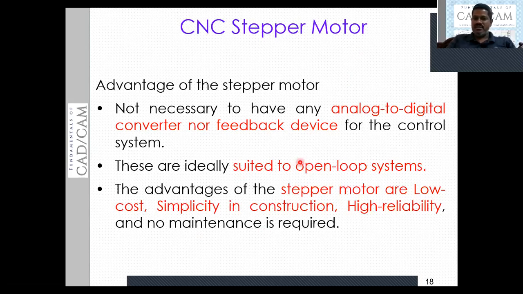I repeat this, it doesn't require the feedback device, it doesn't require the analog to digital converter, and it is ideally suited for open loop systems. Stepper motors are low cost, simple in construction, highly reliable, and no maintenance is required.